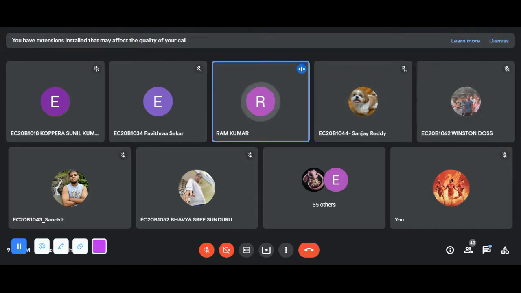Anyhow, whatever I took in class today is the basics, the basics of vectors. To understand the problems and derivations involved in electromagnetics, you should know this. Usually I finish at 9:50. Today I thought, since it's 10 o'clock for your next class, you are free. Then you attend the next class. Yeah, thank you.